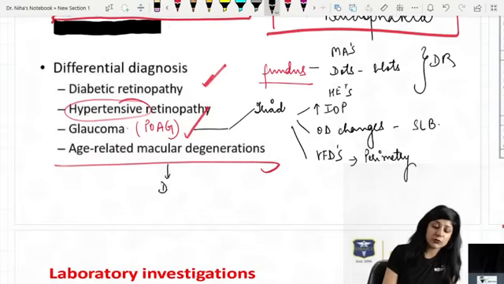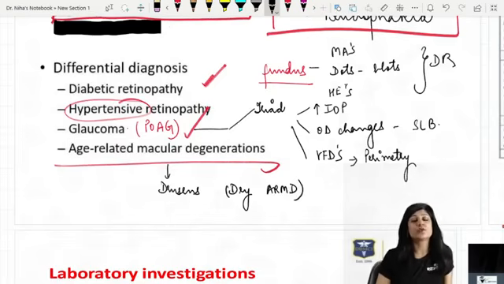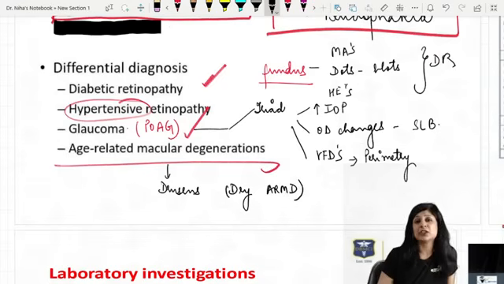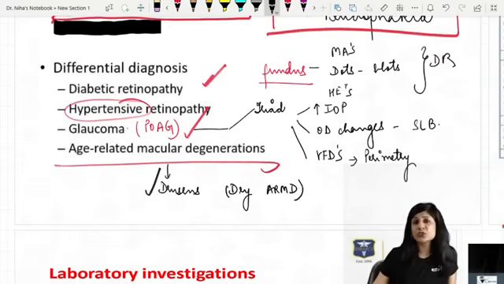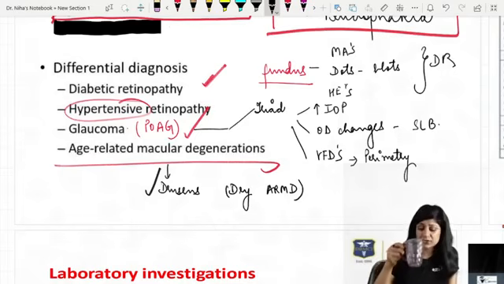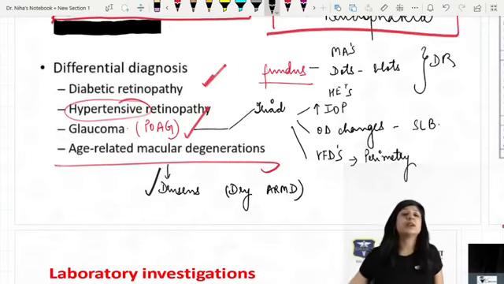In ARMD you have to look for the drusen, because you know it is the dry ARMD which is causing the gradual painless progressive diminution of vision. So if you are thinking about ARMD, that has to be a dry ARMD. For that, the characteristic lesion is drusen that you can actually rule out on fundus. So once you have done with the